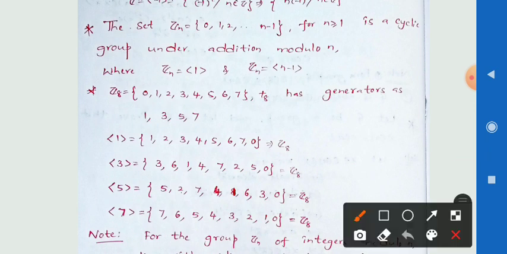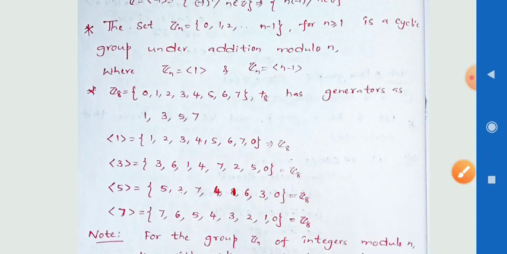The condition must be addition modulo n. For addition modulo n, Zn has generators, that is, Zn equals generator 1 and Zn equals generator n minus 1. Now another example,